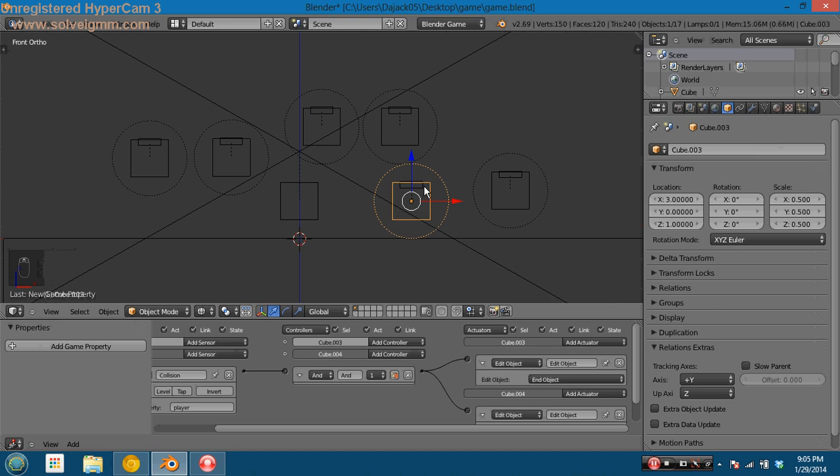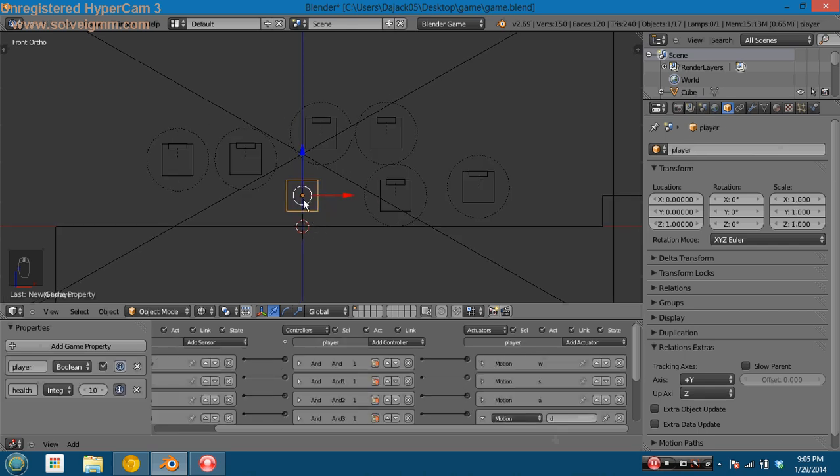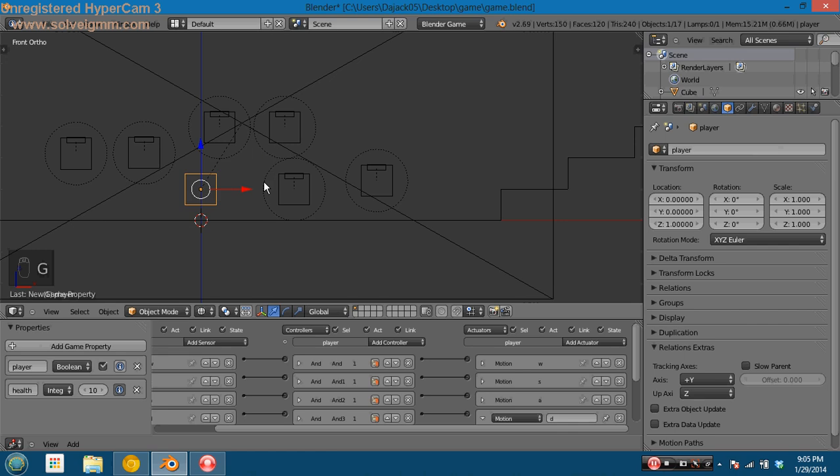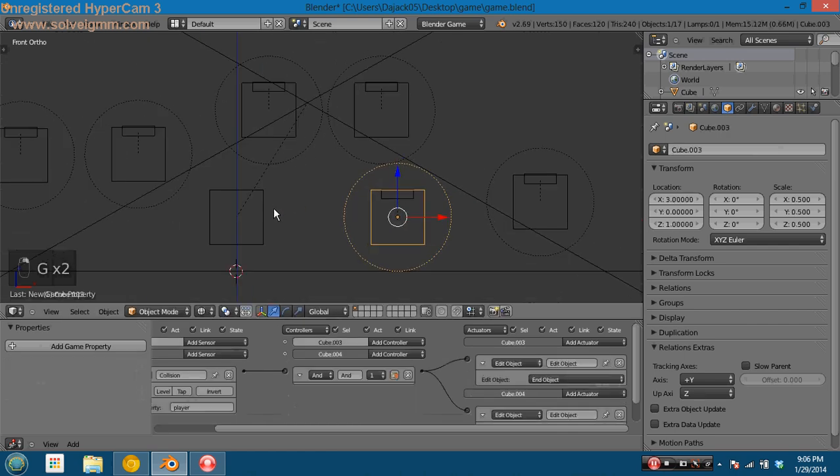But that's annoying because then you have to connect each and every bad guy to the player, which means every time you make a new bad guy, you have to add an extra line to connect him in. What would make it easier instead is to have a property, just like we have a property on the player to detect when it hits here, have a property on the bad guy to detect when it hits on the player. So what we'll do is we'll create a property in here